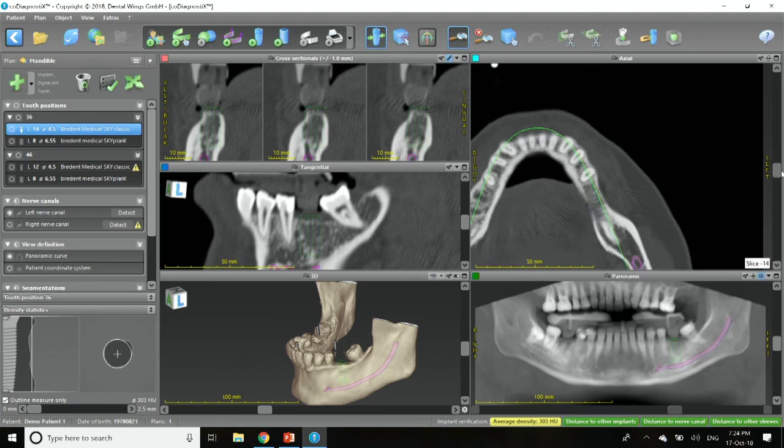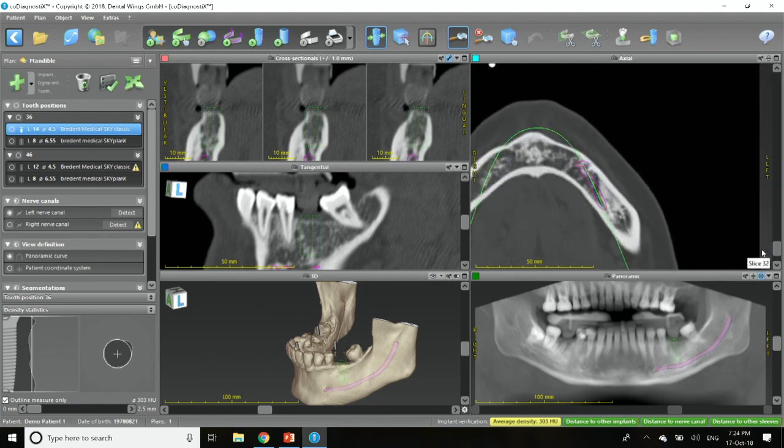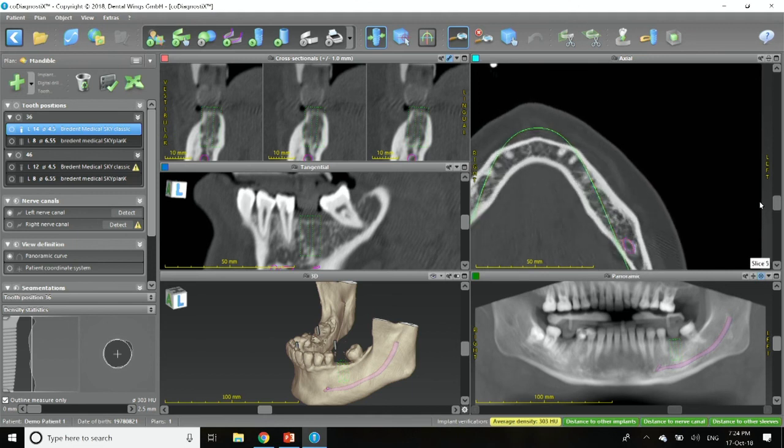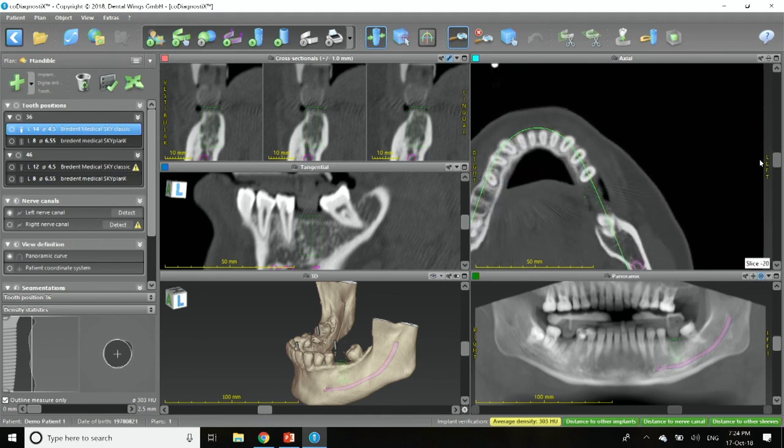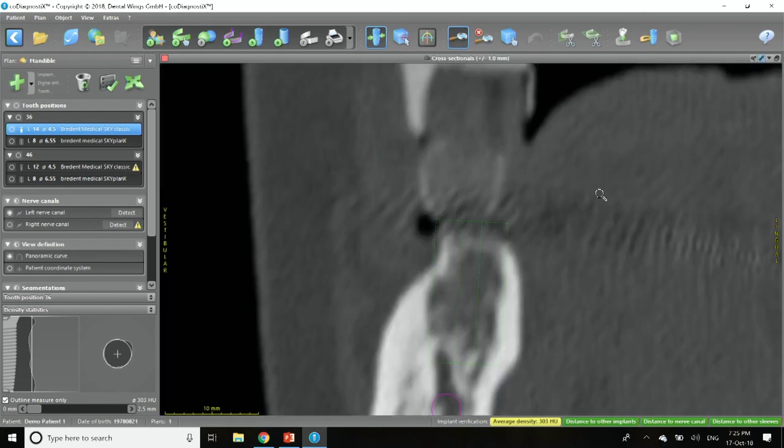So from an axial point of view, we can go from underneath the mandible, looking up, and we can start seeing our tooth here. And from an axial point of view here,